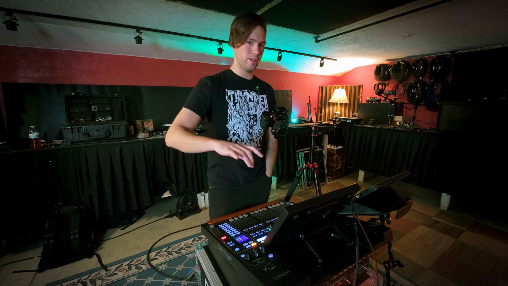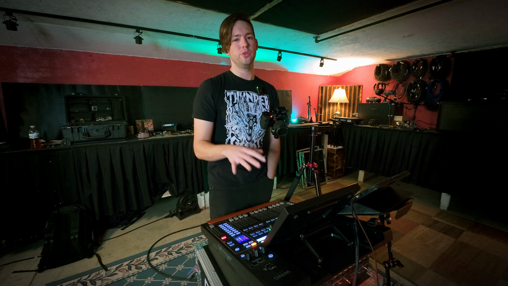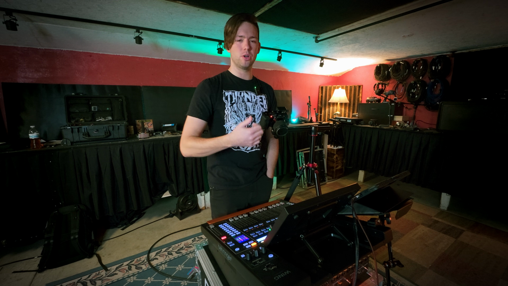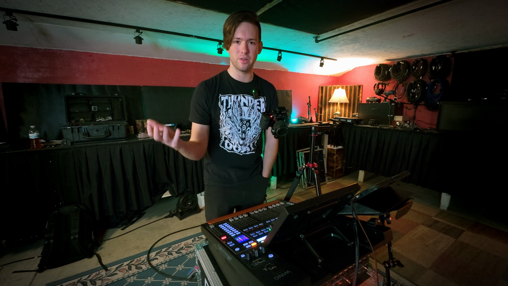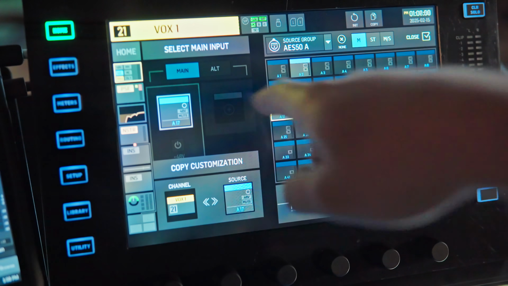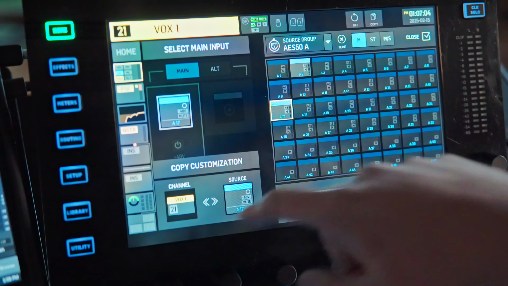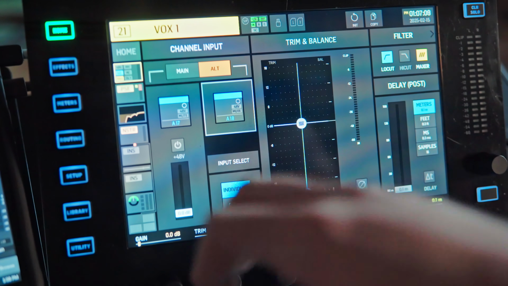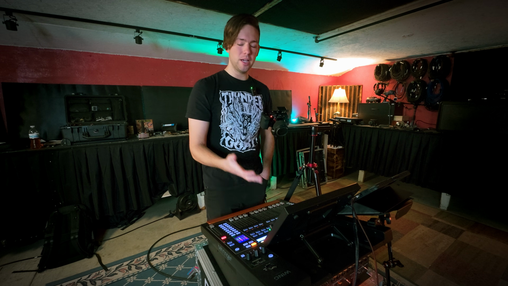You can have another mic, a wired mic, coiled up downstage, ready for the singer to pick up and grab if that wireless dies, or if that first mic's giving them trouble, maybe the cable rips out of the mic and you break a connector. You never know. Stuff happens. I've been there. And you can set up an alternate input, and if I select alternate and do AES18A, the power that gives you is